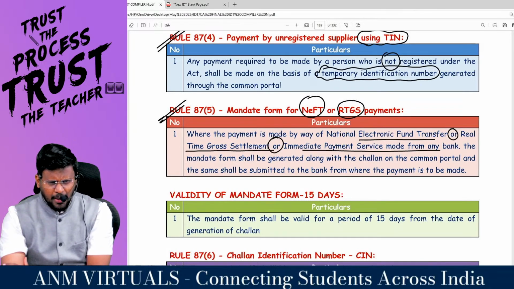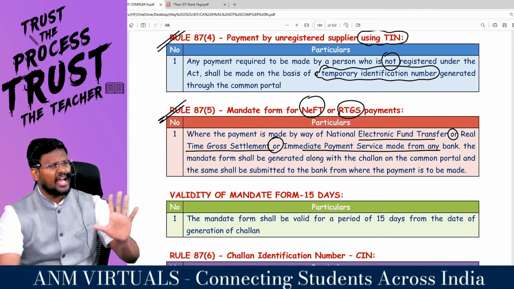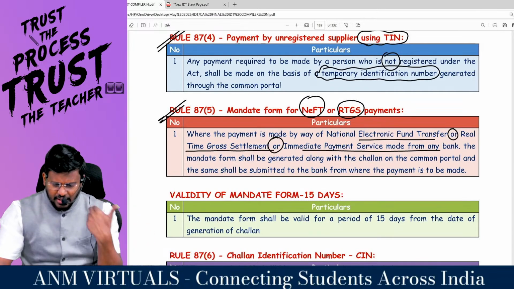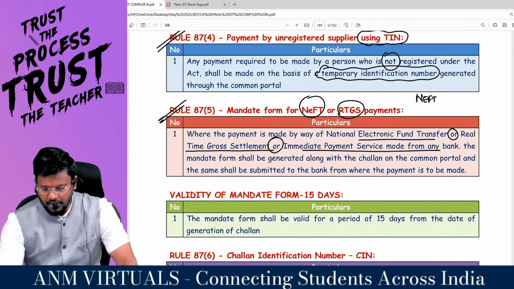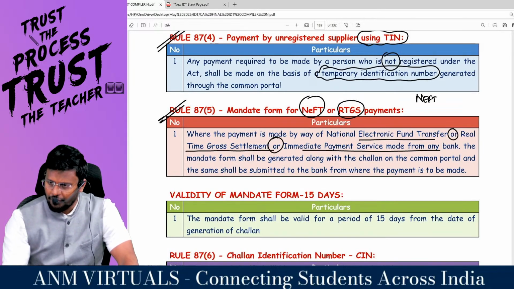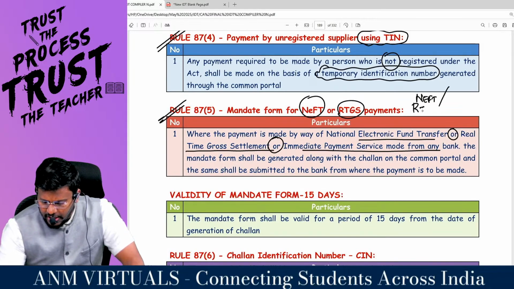For example, if you are making payment through debit card, credit card, only Challan is required. But if you are making the payment through NEFT, that is National Electronic Fund Transfer, or RTGS,